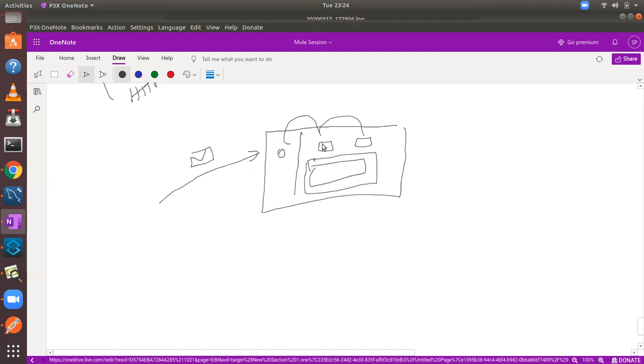Okay, when processing this message, we got an error. I want to send an error response back to my client who invoked this request. The client will be a client application or Postman, something like that. So we want to propagate the error. In that case, this is called on error propagate. On error propagate propagates the error back to the client.